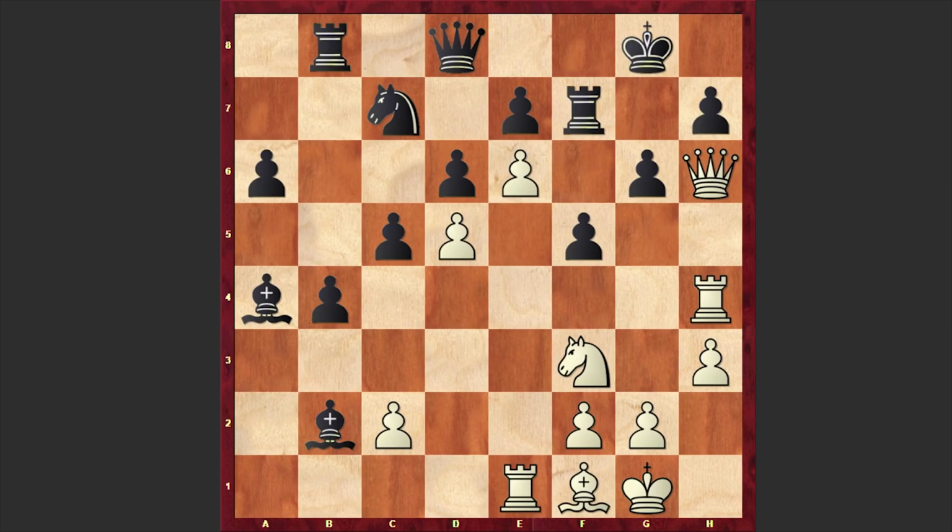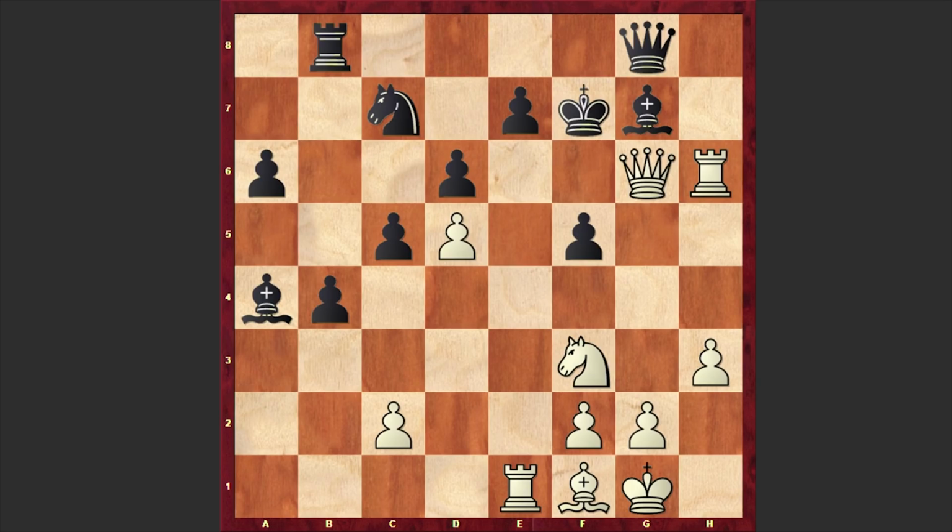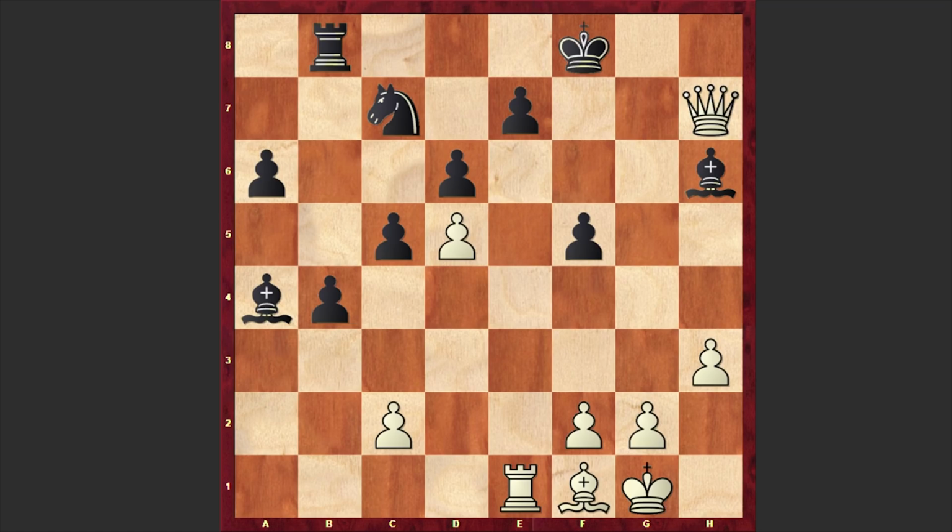Rook f7 is forced and black is losing his rook. He takes f7 check, king takes f7, and the rest is just a matter of time. Bishop g7, we have rook h6. Meanwhile, we have another target, queen g8, the pawn on g6 also drops, and then we have knight g5. Now if a move like bishop takes h6, then simply knight h7, black is losing his queen and soon will